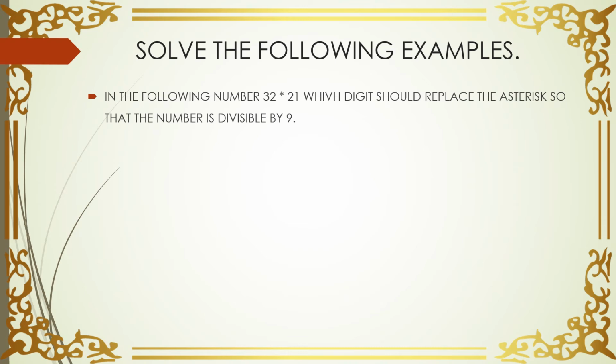That means 3 plus 2 plus 2 plus 1. ठीक है, 3 plus 2 is how much? 5. 5 plus 2 is 7. 7 plus 1 is 8. ओके, ऐसा कौन सा नंबर है जो हम लोग ऐड करेंगे तो हम लोगों को 9 मिलेगा, 9 से कम्प्लीटली डिविजिबल हो जाएगा. ठीक है, it could be 1. ओके, अगर हम लोग 1 डालेंगे तो वो 9 हो जाएगा. It could be divisible by 9.